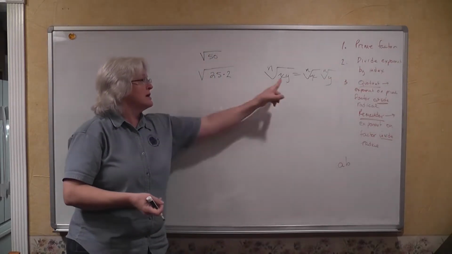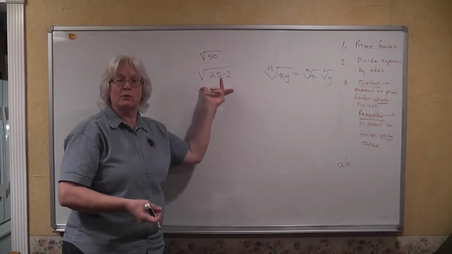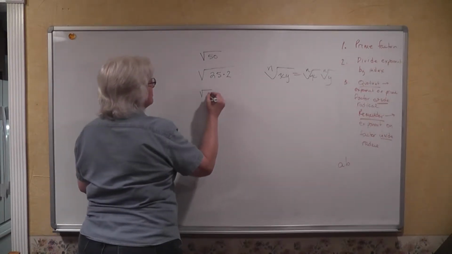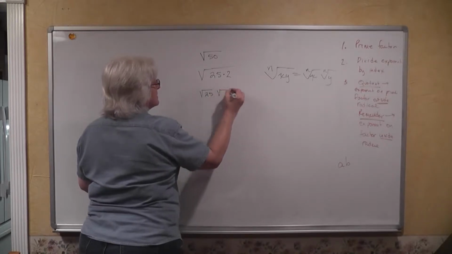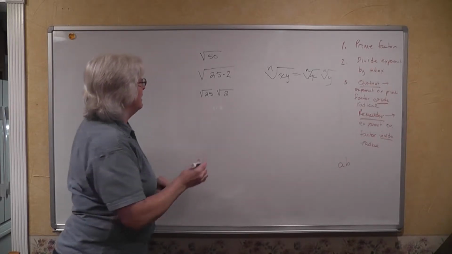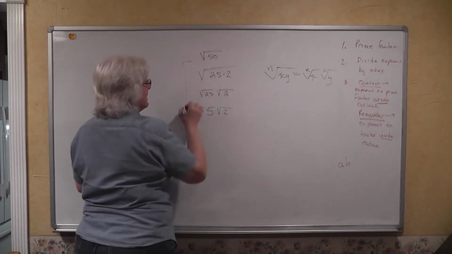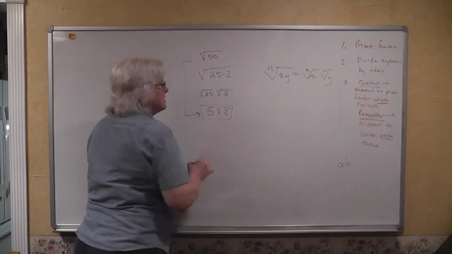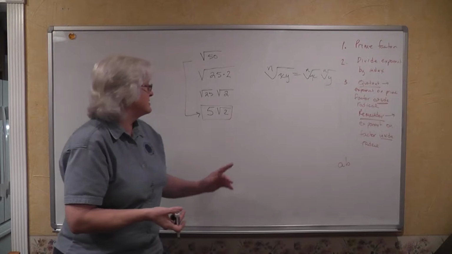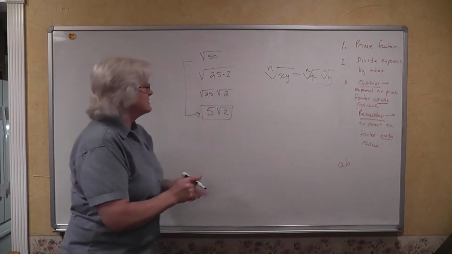So we can use this product property here to rewrite this as, rather than the square root of the quantity 25 times 2, we can say this is the square root of 25 times the square root of 2. And the square root of 25 is 5. So the simplified form of the square root of 50 is then 5 times the square root of 2. And I know that you're going to look at that and you're going to say, there's no way that that is simplified because it just looks weird. It does, but in the mathematical world, this is simplified